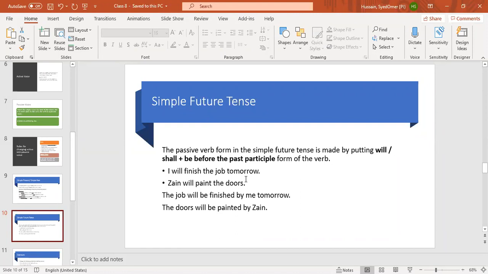Okay, students. Now, three main tenses we have discussed: simple present, simple past, and simple future. In simple present, I've told you helping verbs are is, are, or am. If it is singular, we put is. If the object is plural, we put are. In simple past tense, the helping verbs are was or were. Was for singular, were for plural. And in simple future tense, it is will be or shall be. Mostly we put will be because shall is only put with I or we. Okay, students? And the form of verb is the same in all the tenses, that is the past participle, third